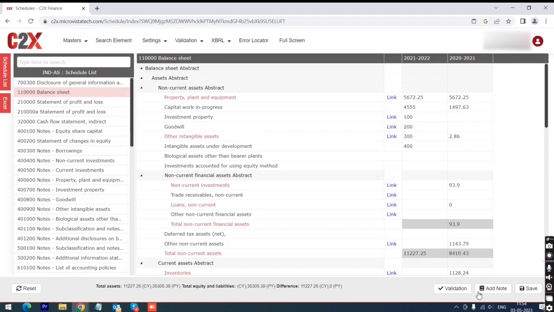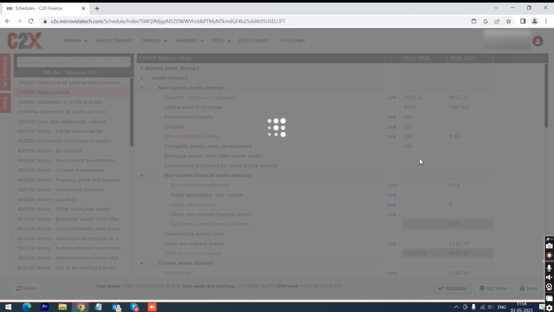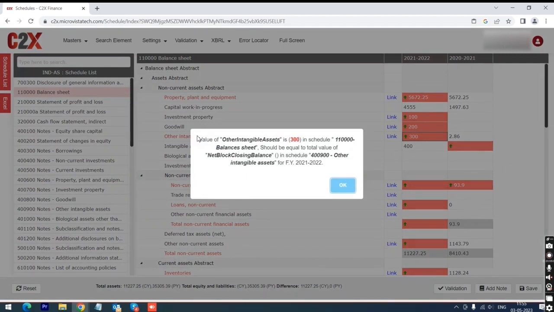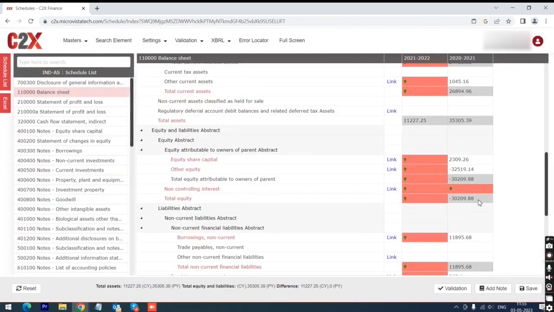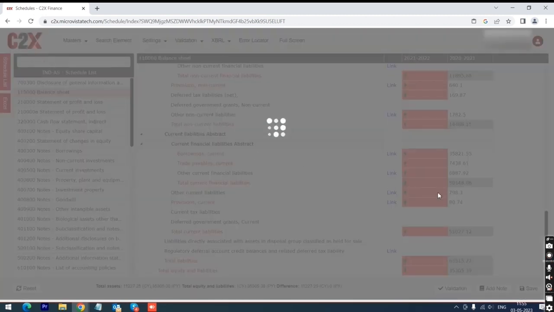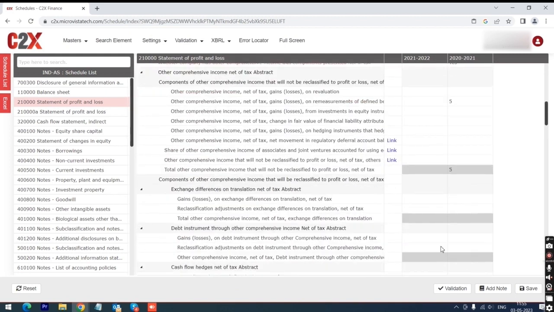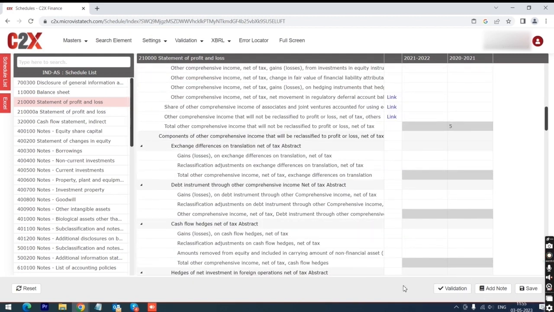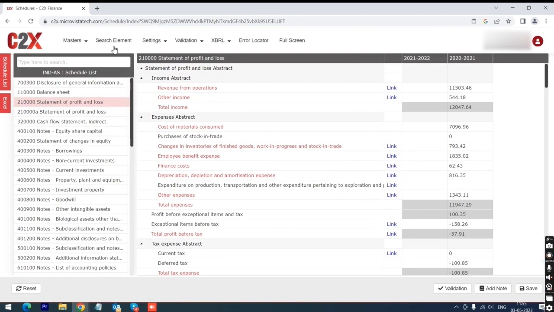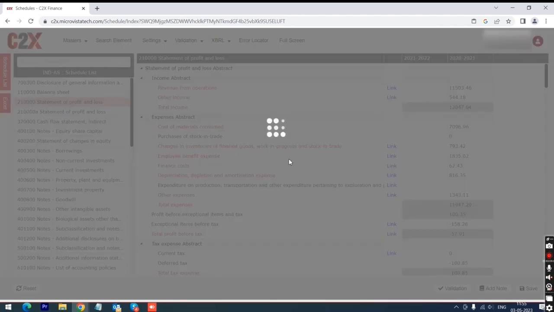You can see the validation button on every schedule page. When you click on validation, after filling all the data, errors will come. To show the particular error, click on green color arrow and understand this issue and solve the errors. At last moment, number of errors are very less. So you can fill every schedule according to this. On the same page we also give the search element facility where you can find any schedule's elements.